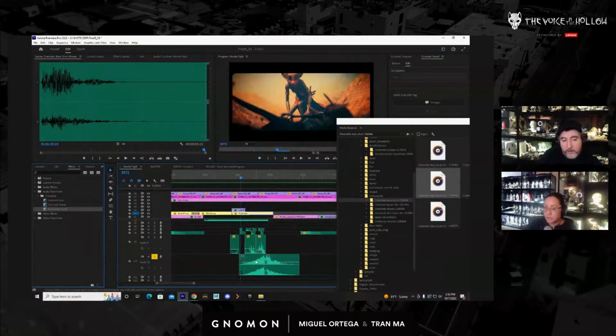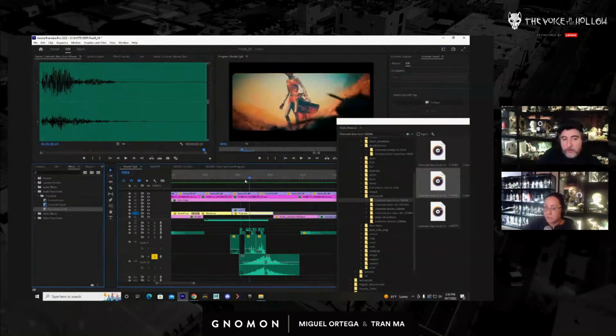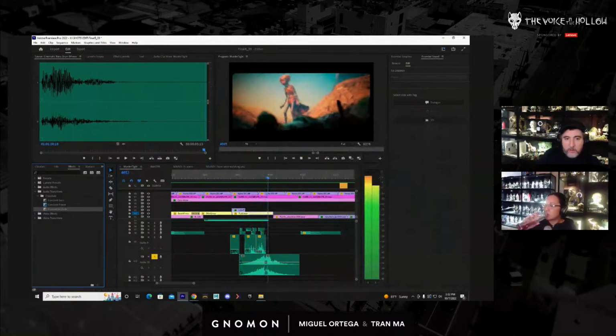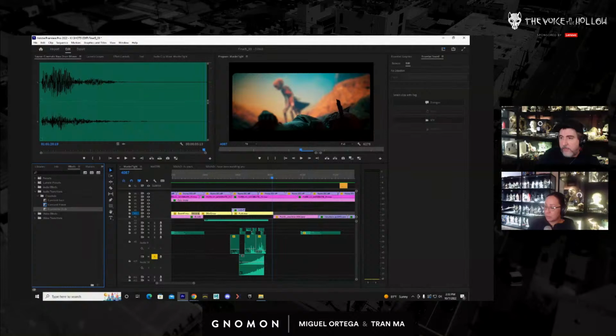Now, another thing is when you look at the waveform, you could kind of get an idea of whether they could work together, because you want it to build up and then be at the same volume level. So this seems like it's going to work. So it doesn't have the impact that I want. So let's just go in there and find another one.